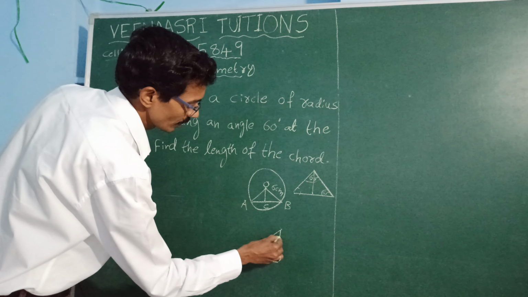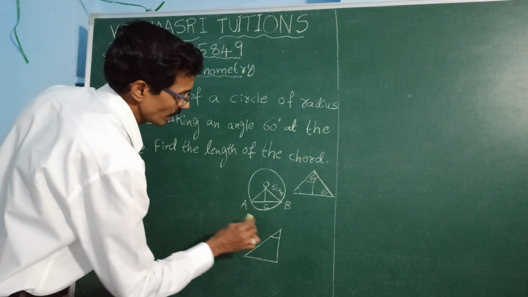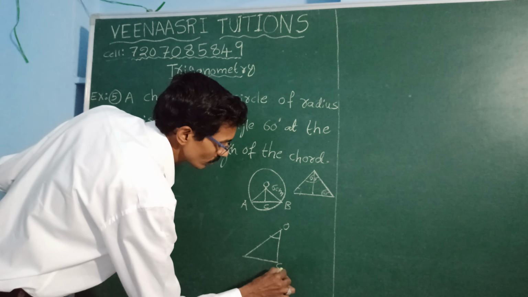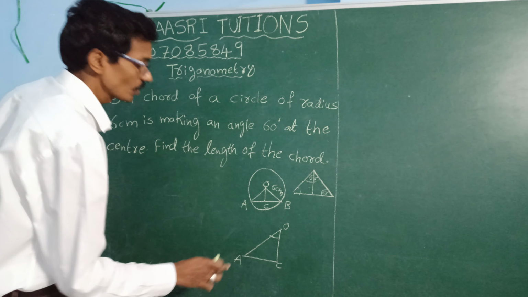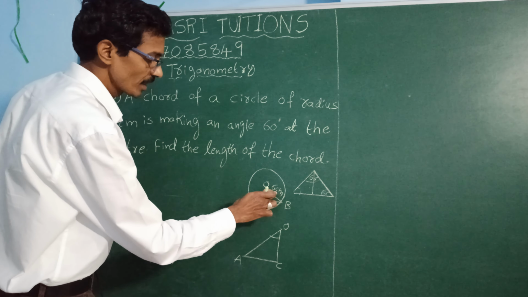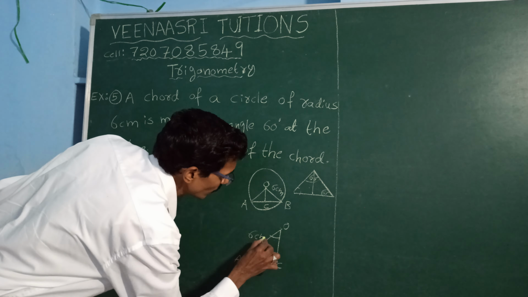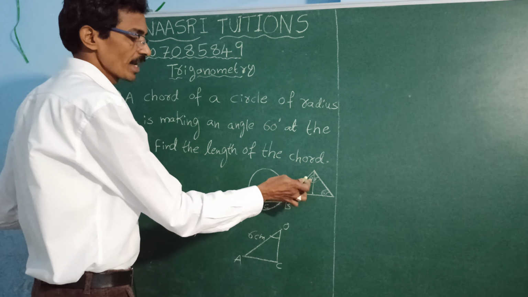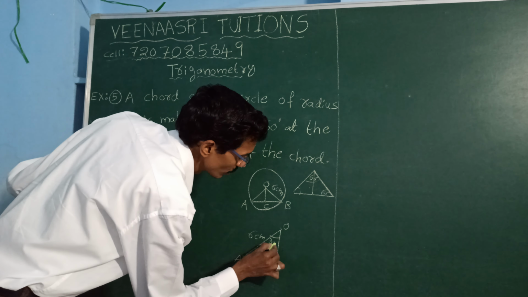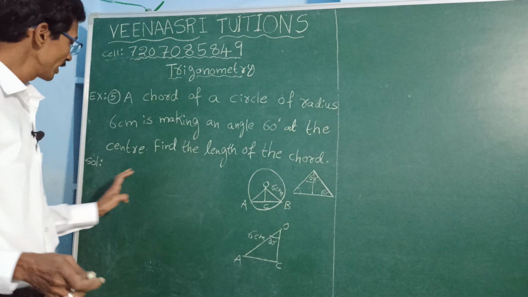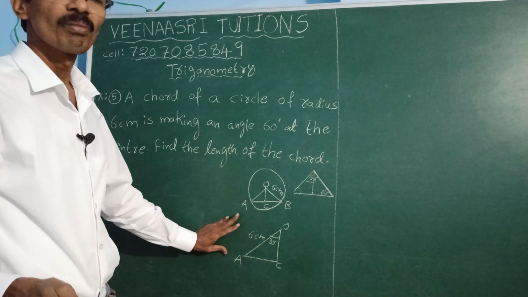Now I draw another diagram of this 30 degrees triangle, OCA. In this, you know OA is 6 centimeters, and OB is also 6 centimeters. So you know the angle from this diagram, 30 plus 30 is 60 degrees, so it is 30 degrees. We already discussed this in the fourth example, so here also you do the same process.